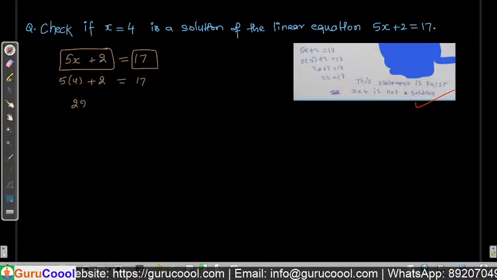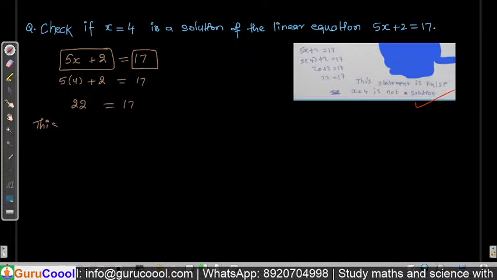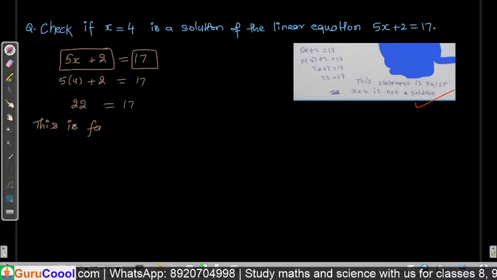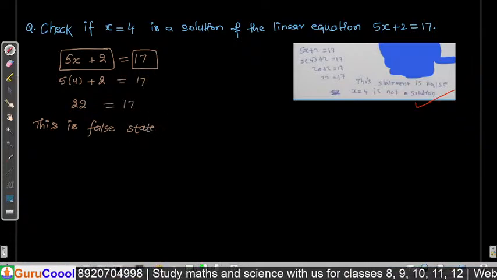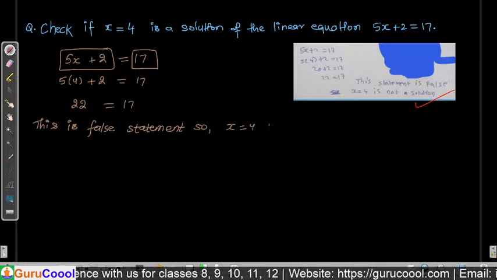We have 22 on the left, 17 on the right, and an equal sign between them. It's a false statement. So x equals 4 is not a solution